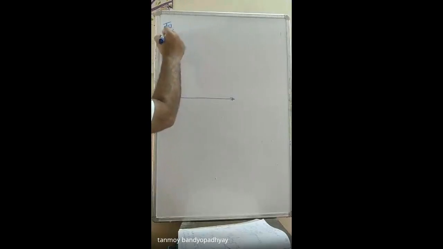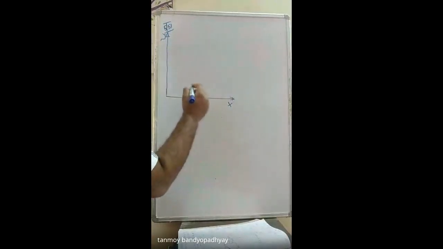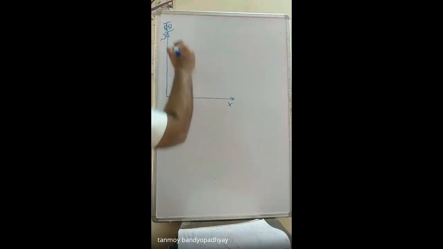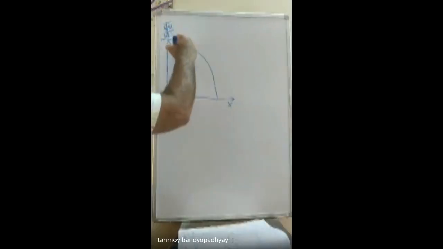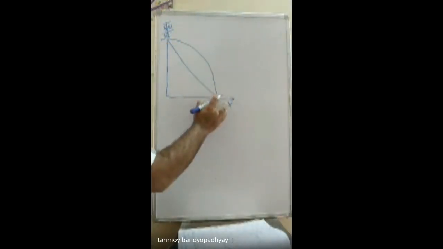So now we return back to the same problem 551 to see whether we get the same results using the things that we did using integration. So this is the problem, or rather this was the problem for us. The first problem. So this is x, this is y. This one is a semicircle, and there is a triangle here.